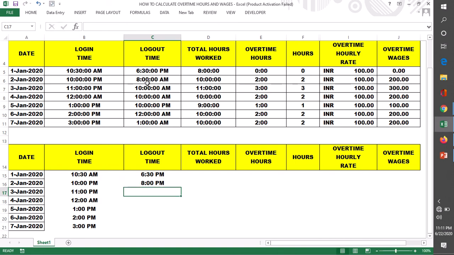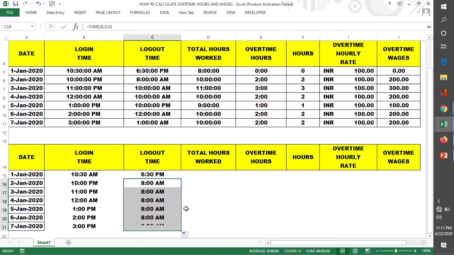Now we get 8 p.m. Oh, we have to fill the 8 only. 8 a.m. So let's drag it, and 10 a.m., 10 a.m., right? Sorry, 10 a.m.